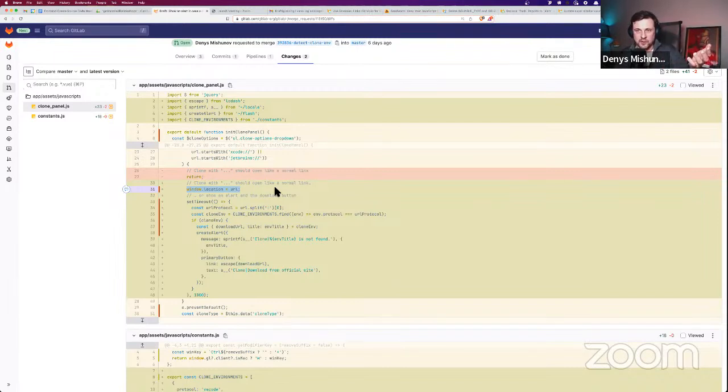We update the window location, and here comes the tricky part. We set the timeout for a second. I know this is lame. It's just a proof of concept. So in a second, we check whether we actually have to show the alert with the download link to that application. But the problem is that in this particular case, we are showing the alert still even if